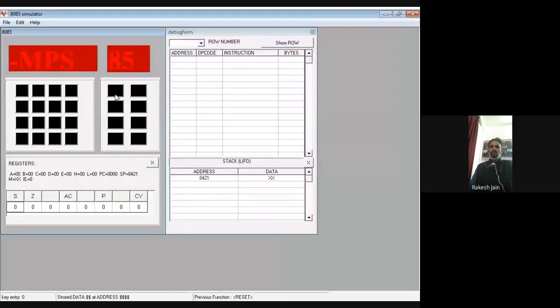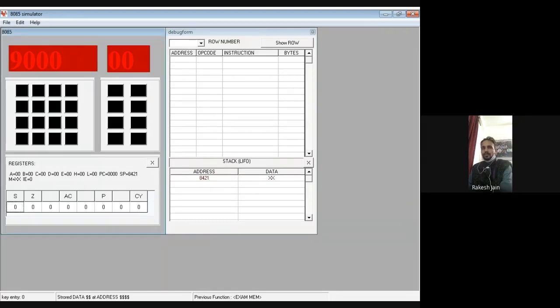Now see very carefully. Within 10 minutes we will complete programming with the kit. First of all, click on reset, then new memory location. Now where is the memory location? First I have to upload the values of data. 9000 is the memory location where I want to upload the data.